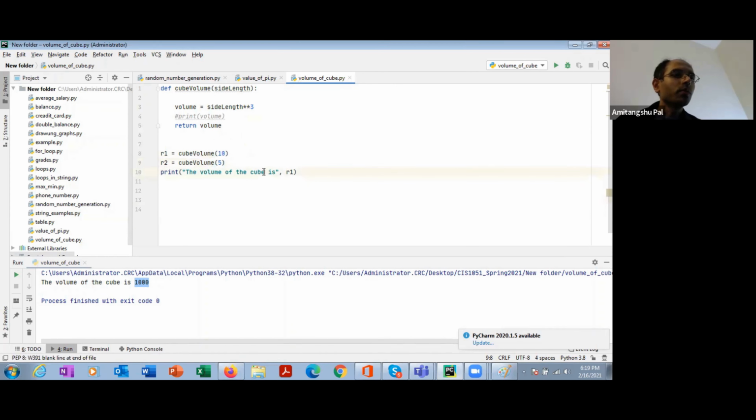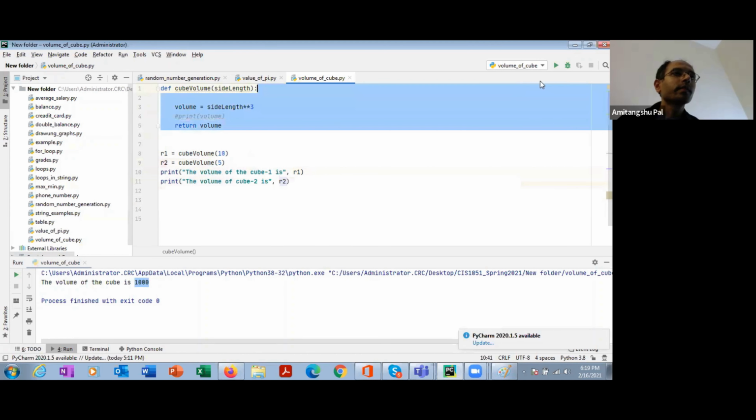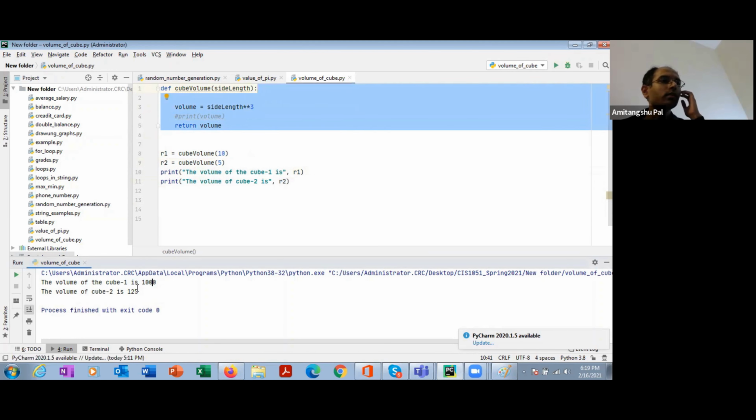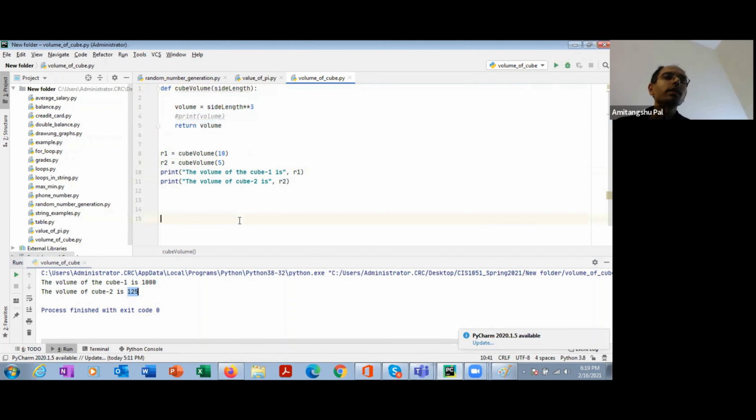So the volume of Q1 is R1, the volume of Q2 is R2. Here if I run it, Q1 is 1000, Q2 is 125.